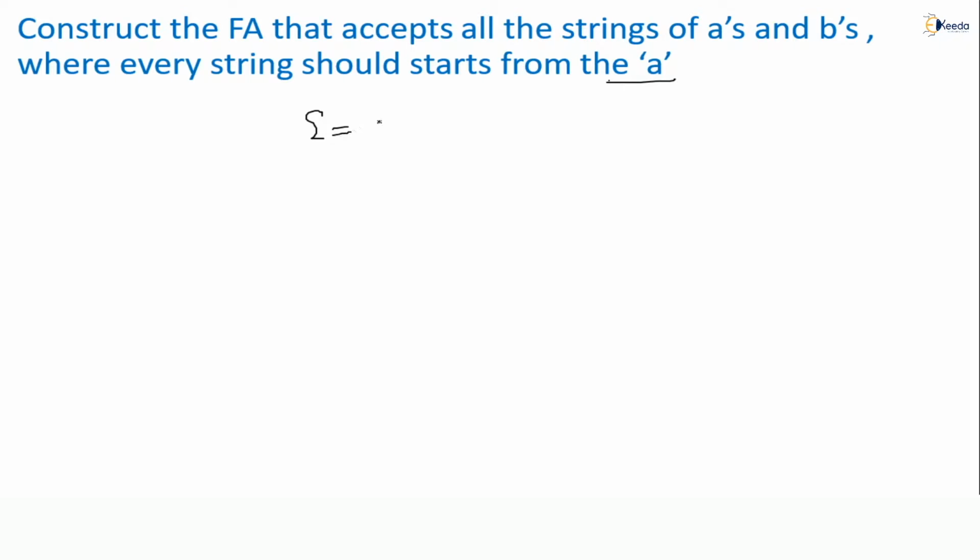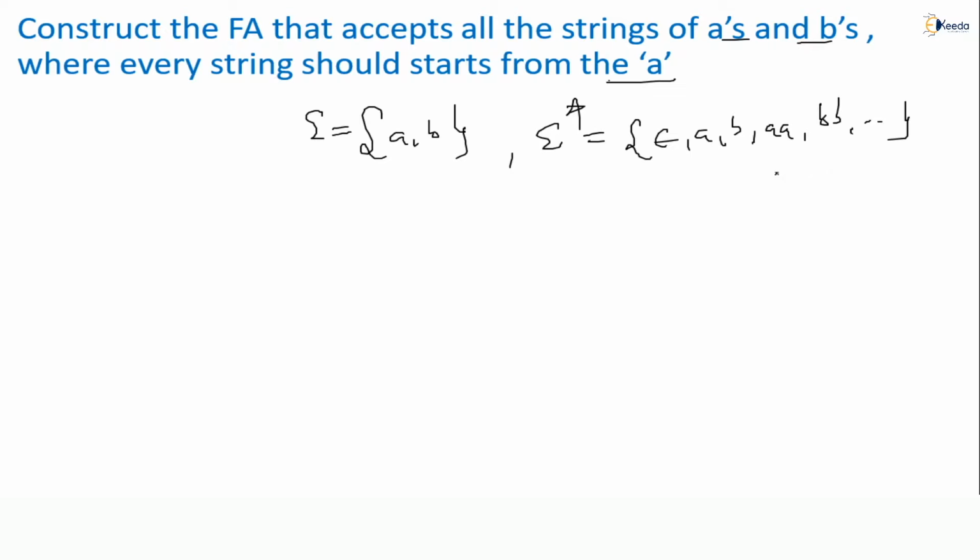So now alphabet sigma is A comma B only. They mentioned already A's and B's. So alphabet A comma B. So for which, what is the sigma star? The universal language: epsilon, A comma B comma A B B, like this. I told you all the strings possible. But what is the restriction there?